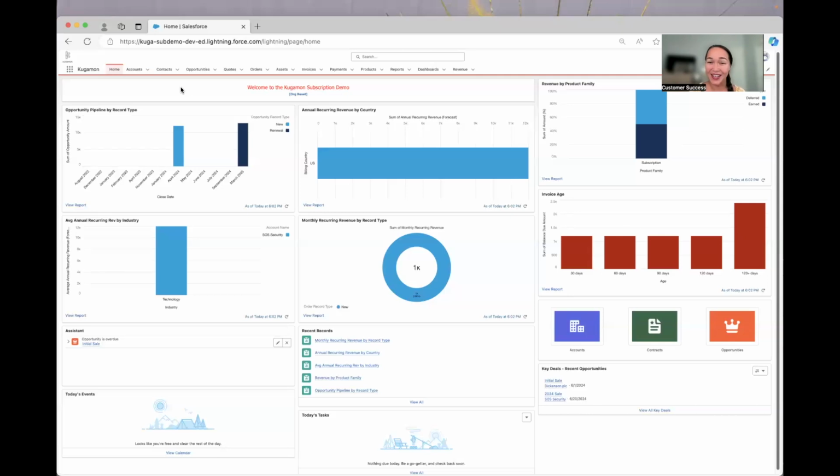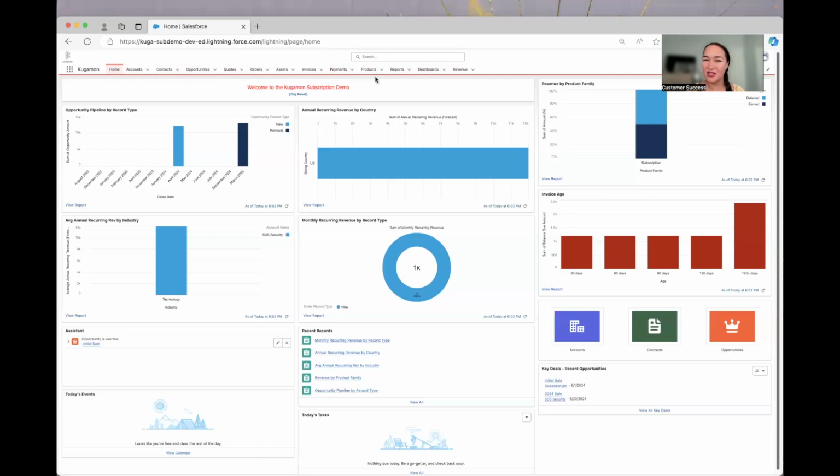Let's dive right in. If you want to follow along, go ahead and log into your desired org and make sure you're logged into Lightning. When you're there, we're first going to locate products. Now, it can be confusing right off the bat for folks who are new to Salesforce to know where to find products. If you're looking on the top part of your org, you might see products there and you can just click into it from there.